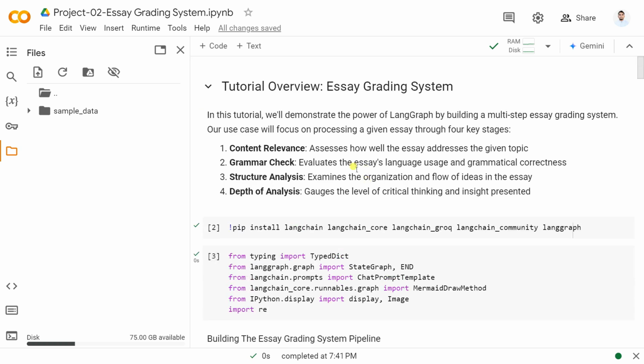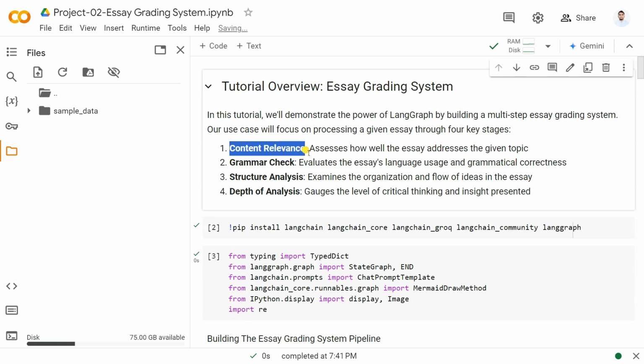तो हमने यहाँ पर क्या-क्या किया है, क्योंकि हमको एक ऐसा ग्रेडिंग सिस्टम बनाना है, इसलिए हमको 4 थॉट प्रोसेस को यहाँ पर स्टेट को मेंटेन करके चलना पड़ेगा। बस, फर्स्ट है कंटेंट रिलेवेंस, हमको चेक करना पड़ेगा कि कंटेंट रिलेवेंट है या नहीं। इसके बाद ग्रामर को चेक करना पड़ेगा, स्ट्रक्चर को चेक करना पड़ेगा, डेप्थ को एनालाइज करना पड़ेगा।